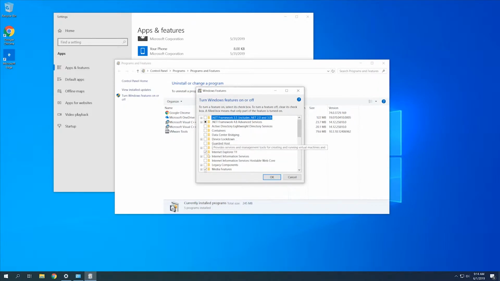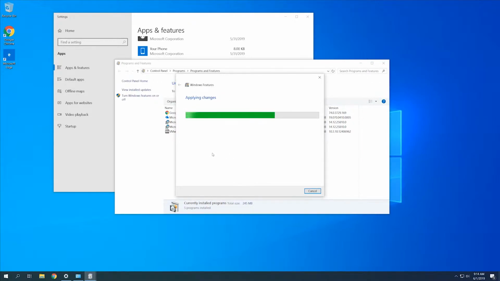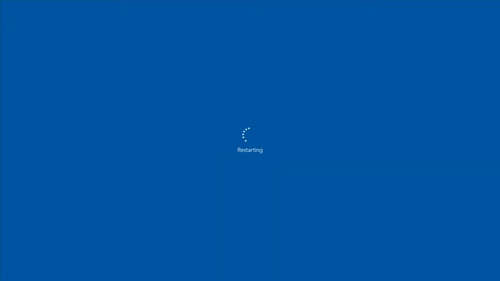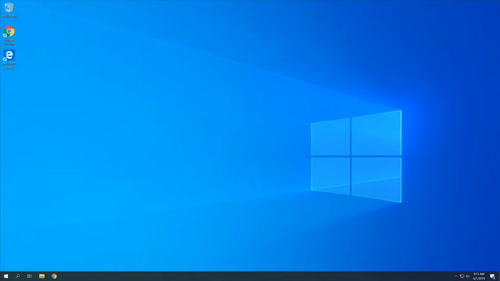And then here we'll get a list of features that we can activate, one of which is Hyper-V here. We'll hit the checkbox there, and OK. Alright, once it finishes installing, it's going to prompt you to restart the computer. Alright, now that it finishes installing, we'll go ahead and hit the Windows key,